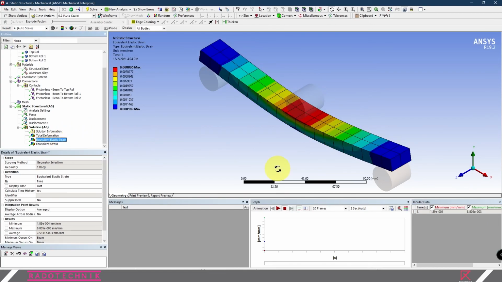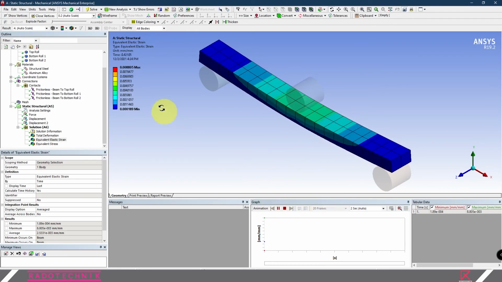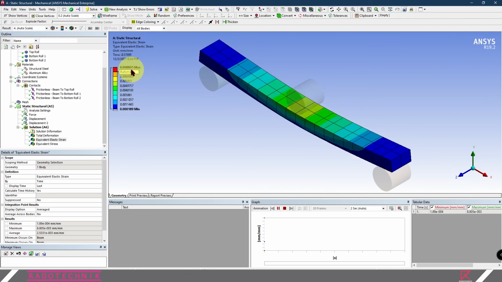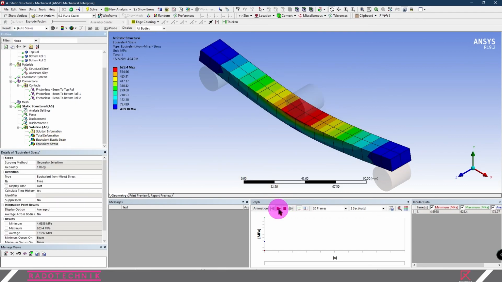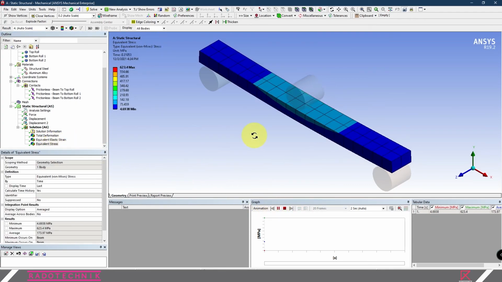You can see the equivalent elastic strain. Here is the value of maximum strain. This is the value of the maximum stress.